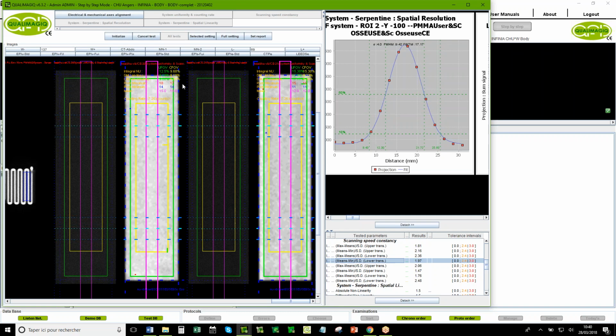Okay. But in this case, if you find a problem on the speed because you see different counts, this is probably due to the manual movement of the source. It is not a problem of the speed of the bed, so it is difficult to. I am not an expert in whole body mode and acquisition.